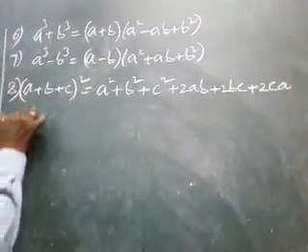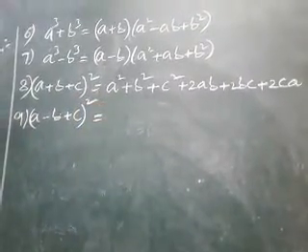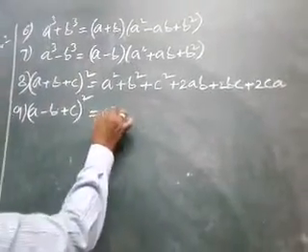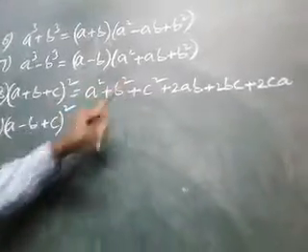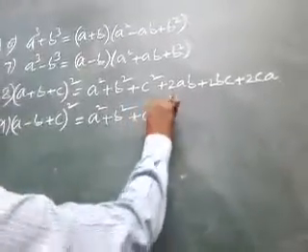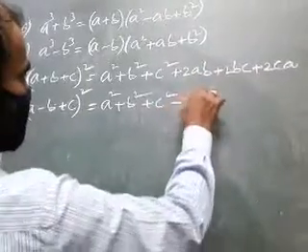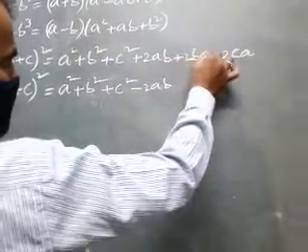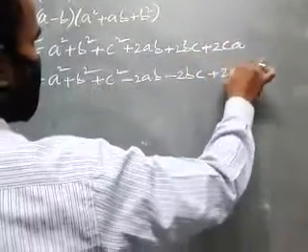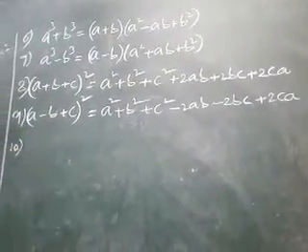Suppose if we have minus b here, (a minus b plus c) whole square. So instead of b we have minus b only, replace b by minus b in above, then we get a square plus (minus b) whole square. Square term is always positive only, b square plus c square. Instead of b we have to write minus b, plus into minus, minus 2ab. Here plus 2bc we have, instead of b we have minus b, write minus 2bc. 2ca remains, and there is no term of b. Next, 10th one.